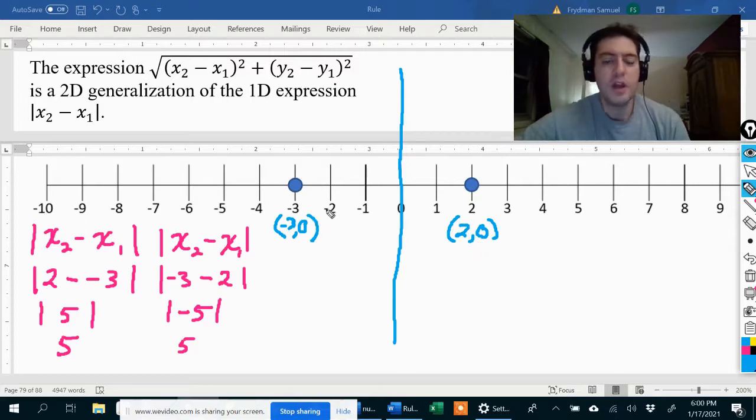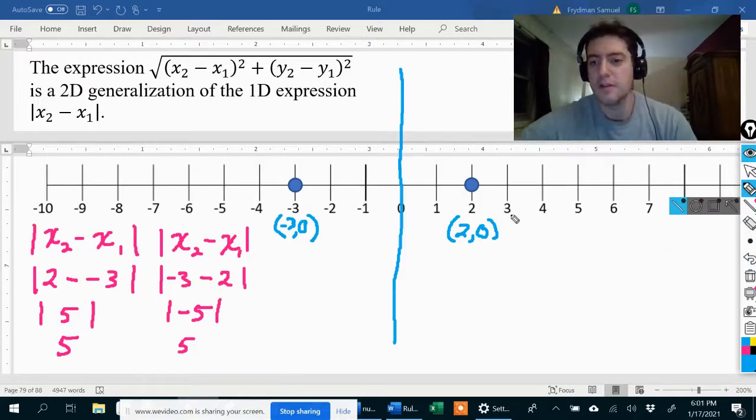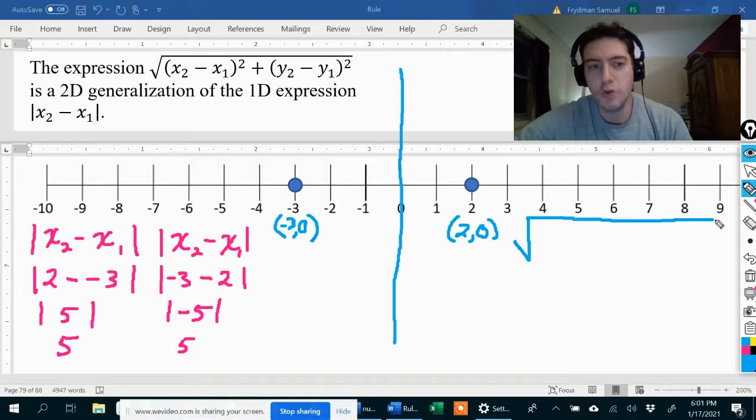Okay, and by the way, you could also think of it as both of these points. Well, you know what? Let me save that until later in the video. Remind me to talk about another way of thinking about it. But anyway, if I do think of these y values as simply being 0 and these two dots simply being along the x-axis here, then if I were to use this expression, so we have the square root of x2 minus x1 squared plus y2 minus y1 squared,